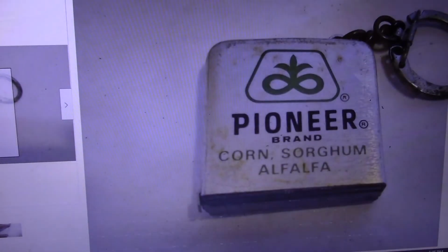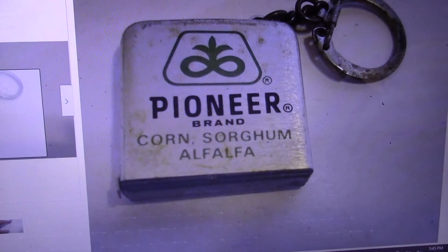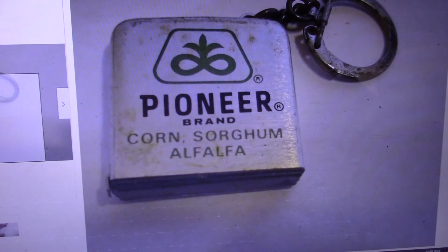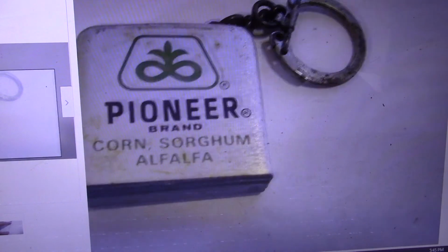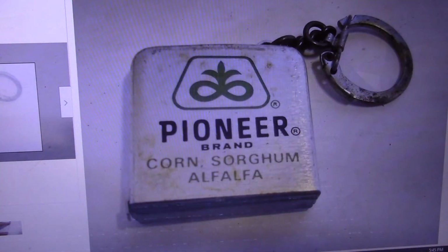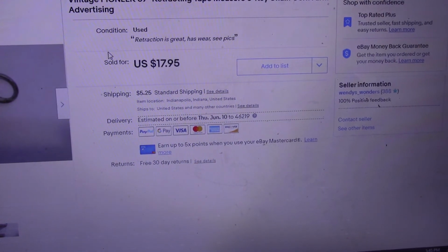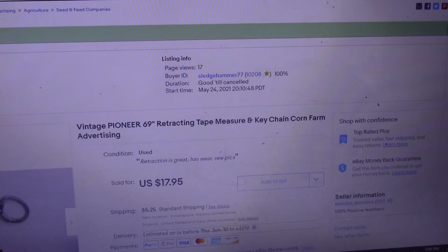Yeah. Here's something that's been mine for a long time, but I decided to sell it. It's a tape measure. Yeah, 69 inch. The long ones are harder to find. And farm stuff sells, okay? Tape measures are collectible, and it's got advertising on it. There you go. Sold it for 18 bucks. I think I had 20 or best offer. Guy said 18. I said okay. And that's it